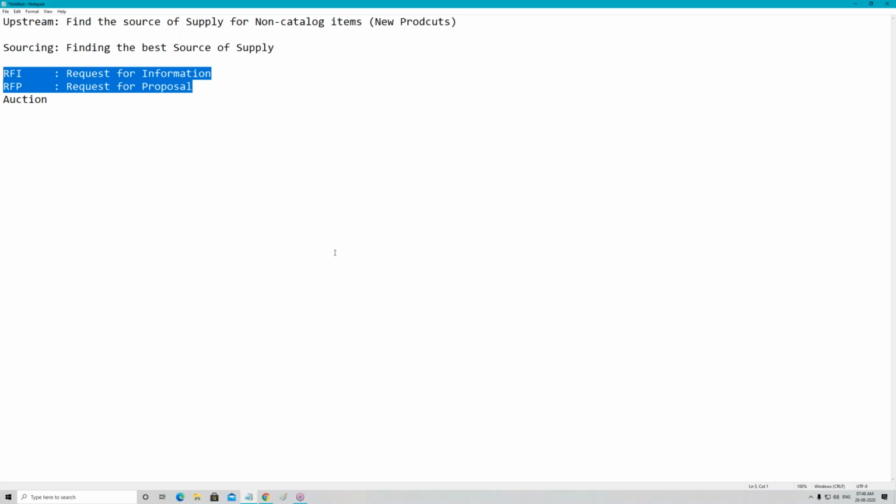Then the question is very simple. How are you going to decide when to go for RFI and when to go for RFP? This would be the first question which your client will ask. When you're going for implementation of sourcing in your upstream process, this is the first question your client will ask. Of course, every time you cannot go ahead with RFI, then go ahead with RFP. In certain scenarios only you will go with RFI. In certain other scenarios only you will go ahead with RFP. Client will ask you this question. So this is where the issue will come.